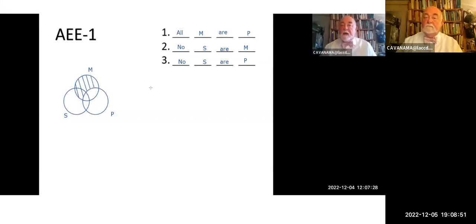Okay. Now, minor premise, no S are M. And so nothing which is in the S circle is also in the M circle. That is to say, we have, right here, the lozenge between the two, another shade. And notice we're shading the same area again. That's okay, because that's what our premise tells us to do. Now we want to draw